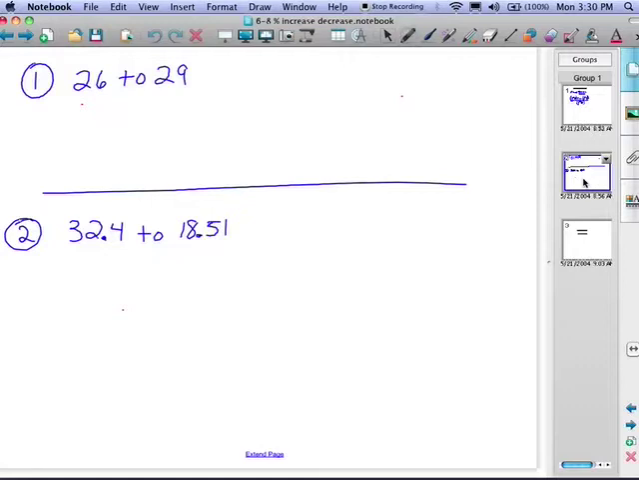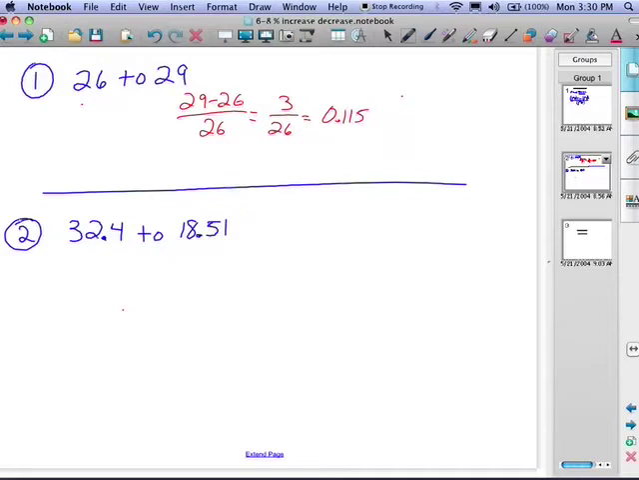Our first example is from 26 to 29. And the formula says we're going to do the second number minus the first number, 29 minus 26, divided by the first number, which is 26. Simplifying this, 29 minus 26 is 3, divided by 26. When we divide that out, you get